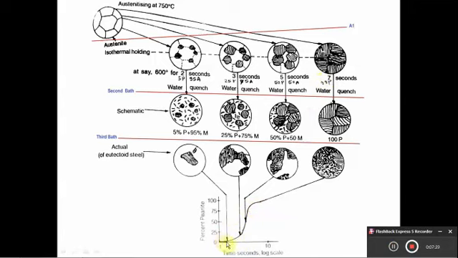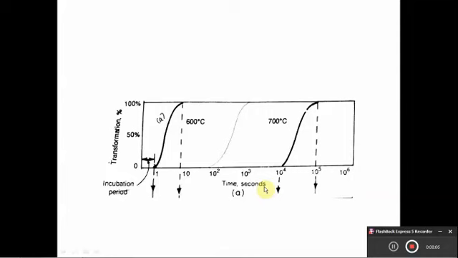So this S-shaped curve will be for a temperature which is maintained at subcritical temperature, say 600 degrees Celsius. So this will be the S-shaped curve for 600 degrees Celsius. Then again we have to carry out a similar kind of experiment by holding specimens at lesser temperatures, that is 550, 500, 450, 400 degrees Celsius, and you have to get similar kind of S-shaped curves. And again you have to superimpose all these S-shaped curves on a common curve to get a final TTT diagram. So here all the S-shaped curves are combined.